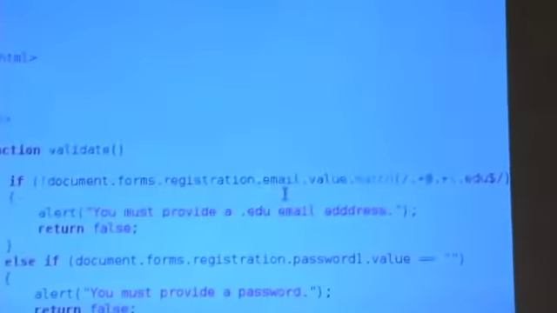But for your final project, you might indeed want to be able to not only look at a user's input, but also check, does this match a pattern that I want to see? Back in the day, even Facebook would restrict access to people only with a harvard.edu email address. So this suggests that you want to be able to look at a user's input and not just check if it's empty or something else, but you actually want to analyze its pattern. Well, you can actually do this relatively easily in JavaScript and PHP.